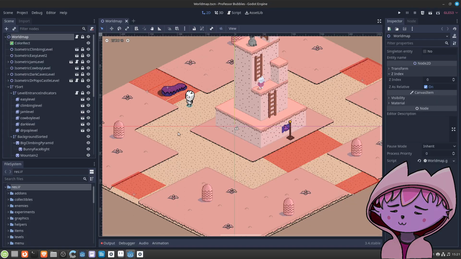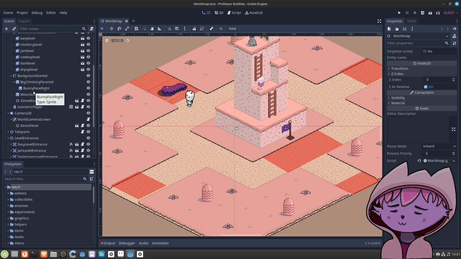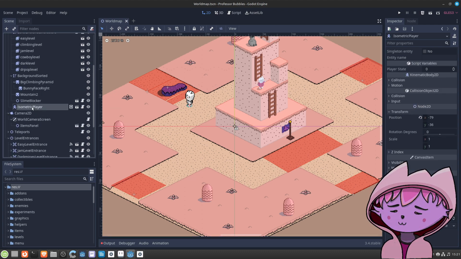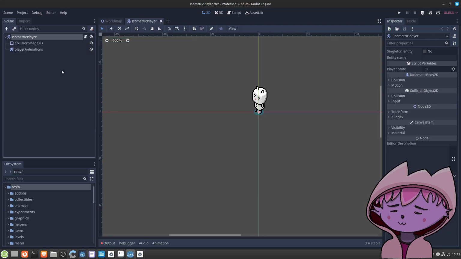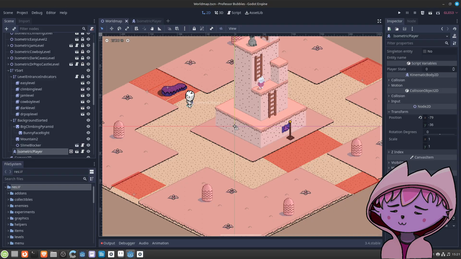Just beforehand, I want to look at the isometric player of Professor Bubbles. It's way more simple than what we will be doing in the new project, because this is really just an indicator.